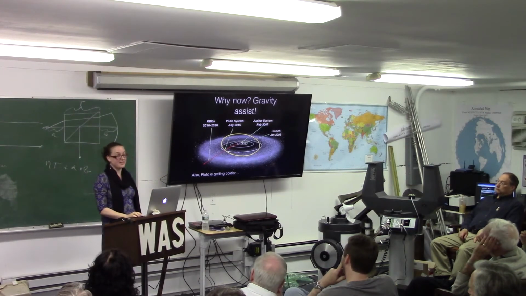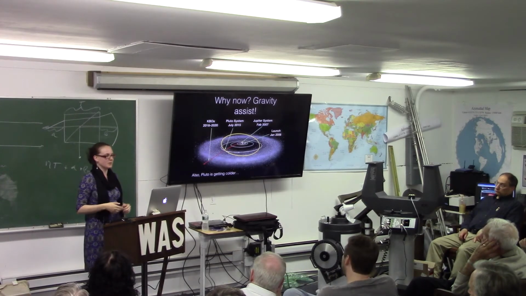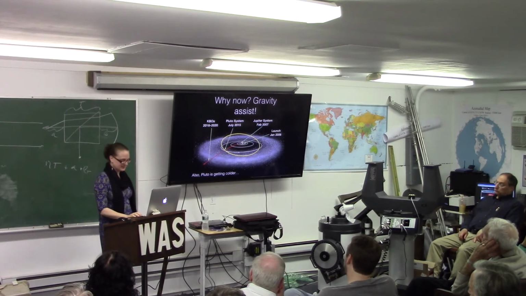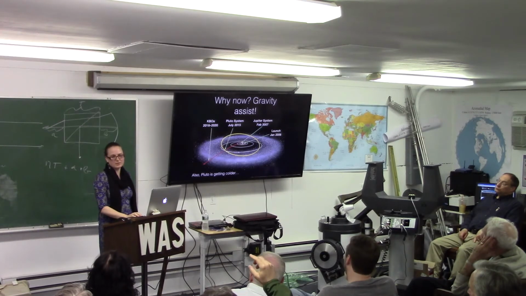So they wanted to send it as fast as they could. There was a firm deadline. It had to get there before 2020. So that's why they sent it when they did. 2020, when it gets to its furthest, it gets the coldest? No, I think that was just arbitrary. Yeah. Pluto also is inclined to the